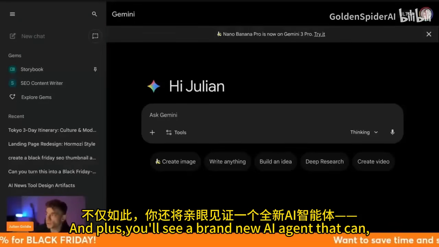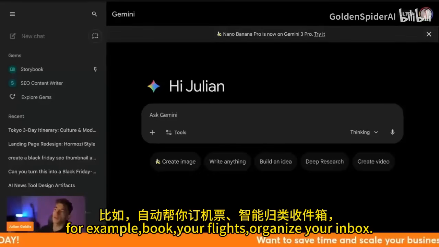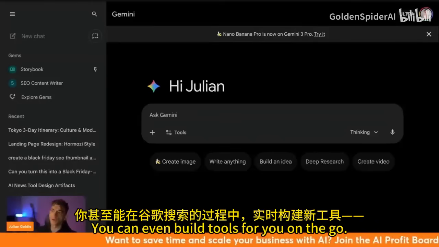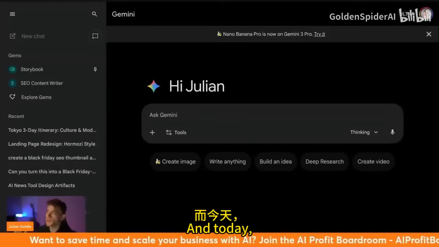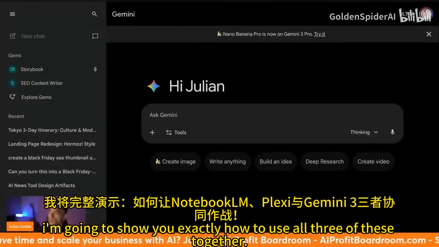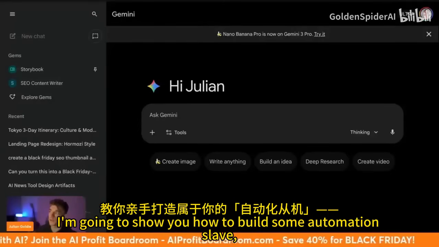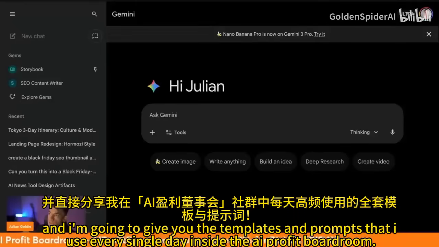And plus, you'll see a brand new AI agent that can, for example, book your flights, organize your inbox, and manage your calendar. You can even build tools for you on the go whilst you're searching on Google. And today, I'm going to show you exactly how to use all 3 of these together. I'm going to show you my exact setup. I'm going to show you how to build some automations live. And I'm going to give you the templates and prompts that I use every single day inside the AI Profit